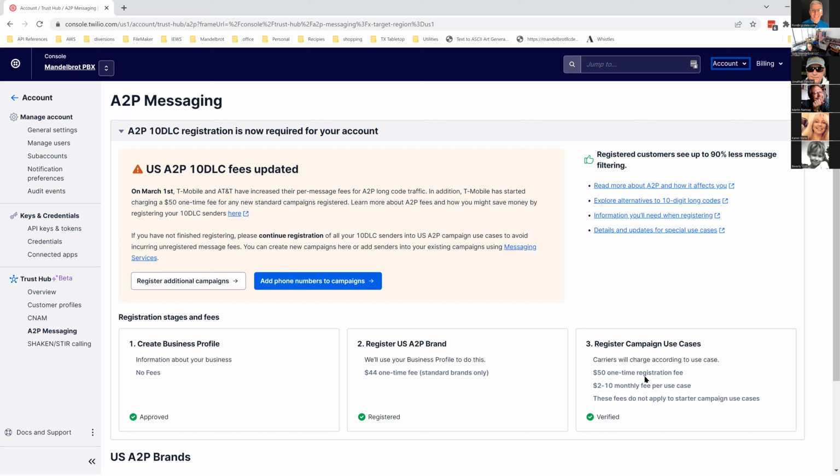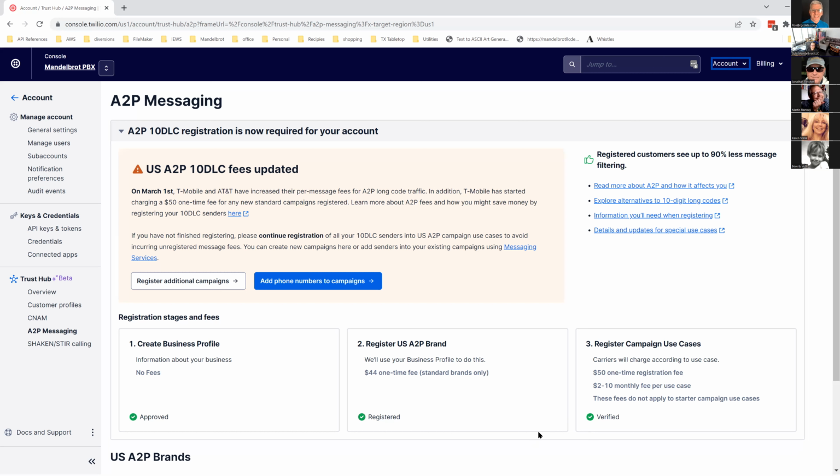Can we call and actually talk to somebody that works for you? Because they're desperately trying to fight against spam messages that are just thousands and thousands of people trying to sell you fake car warranties, right? So somebody's got to pay for this stuff. And if you have a high volume campaign, these fees are not very expensive.